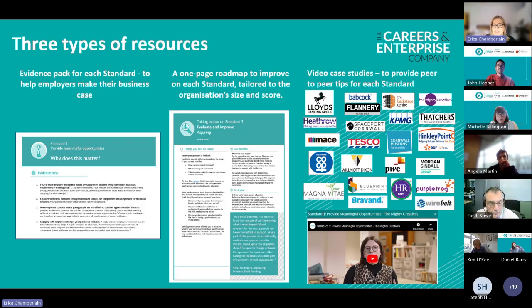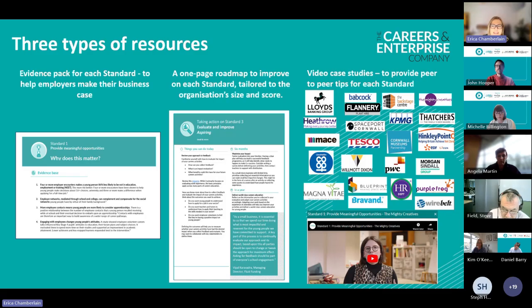And then it gives you some case study examples. So this is really about supporting you to learn from others. And as we said, this is an improvement tool. So this would give you an opportunity to learn from peers. So for each standard, you would usually find video case studies, and there will be 2 video case studies from medium and large organisations, and at least 1 case study from an SME as well. And that's really so that you can hear how somebody else has done it, take some of their ideas, think about if there's anything there that you could learn. So there's those 3 types of resources that you can access.